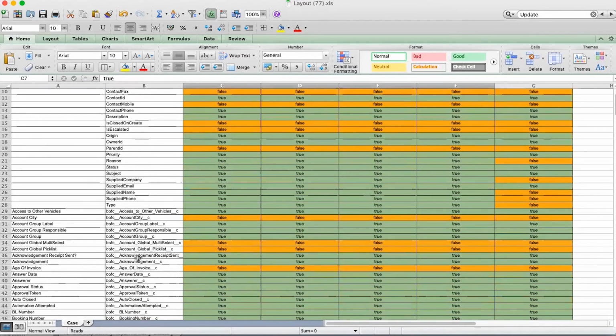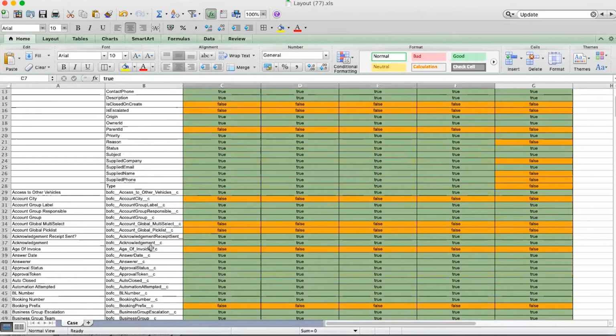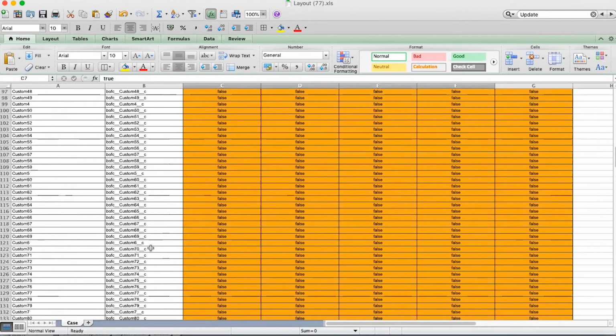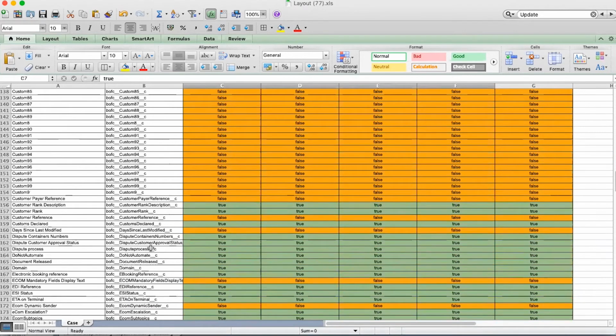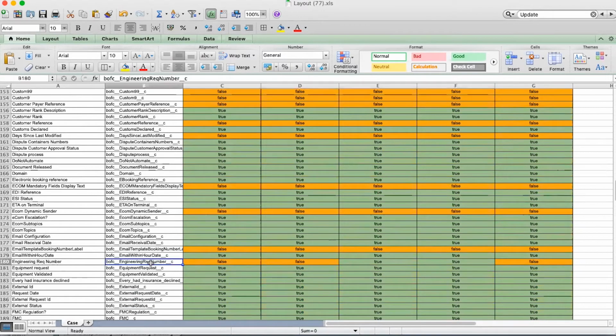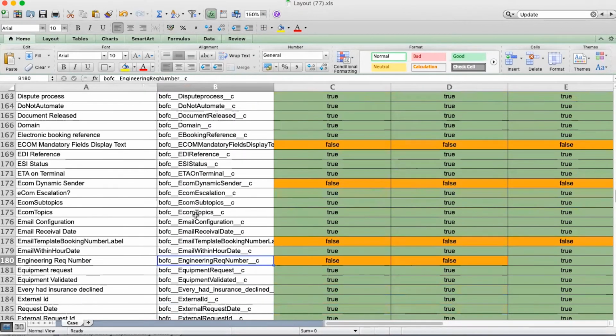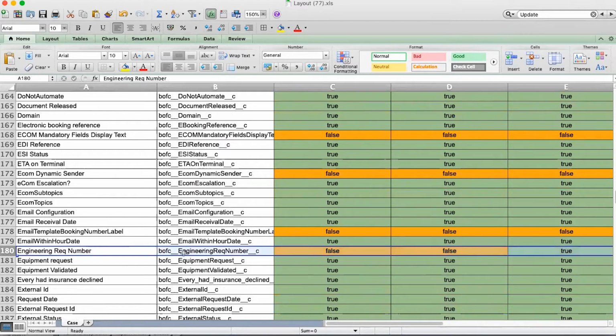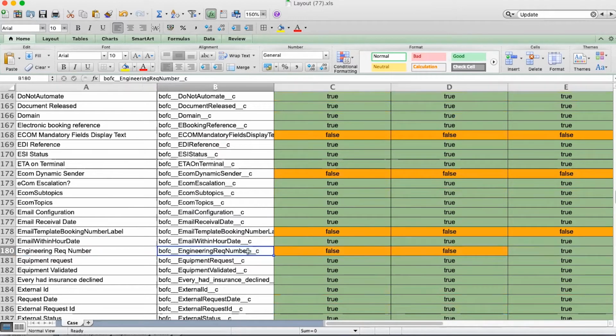If I go with the custom fields, let me take a very good example. Okay, so let's take this one, engineering required number. Let me increase the size, okay. So you can see engineering required number, this column, right? This shows that this field is not available on these two layouts, but it's there